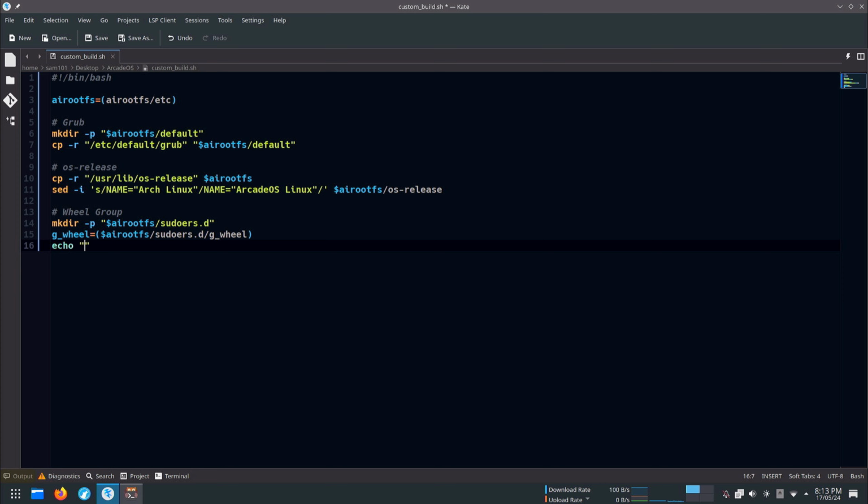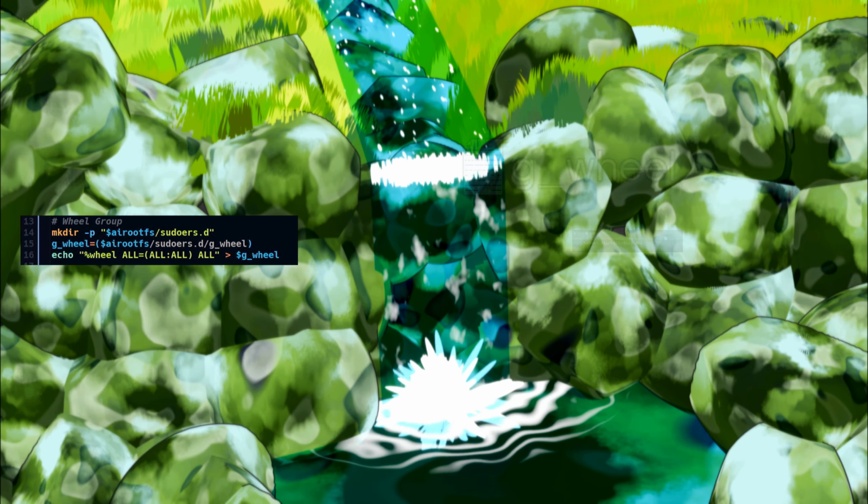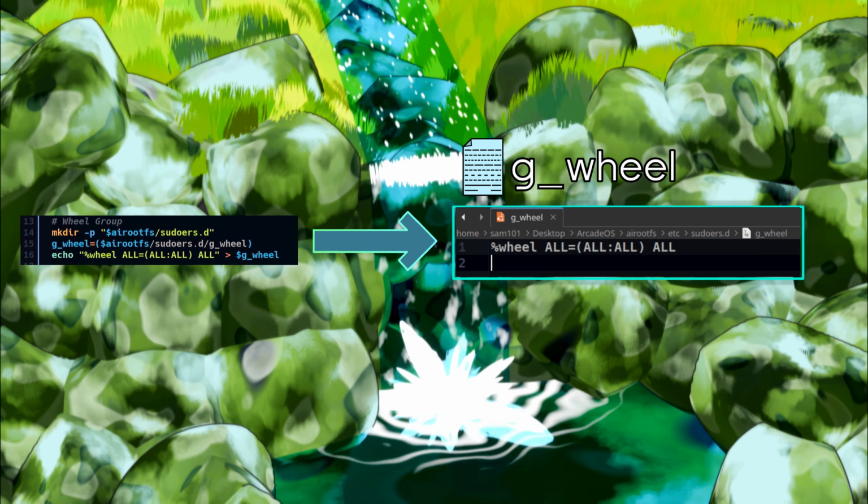Then use echo to store the wheel group permissions inside the g_wheel file. The wheel group provides additional special system privileges that empower a user to execute restricted commands that an ordinary user account cannot access. Now this is the final output of this section.